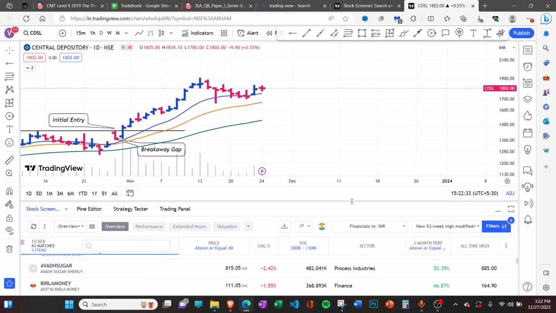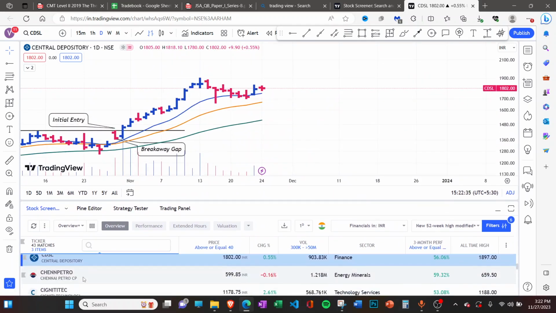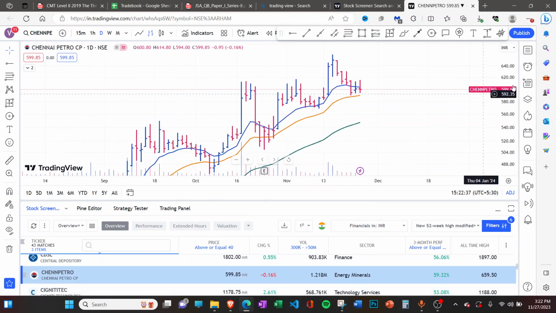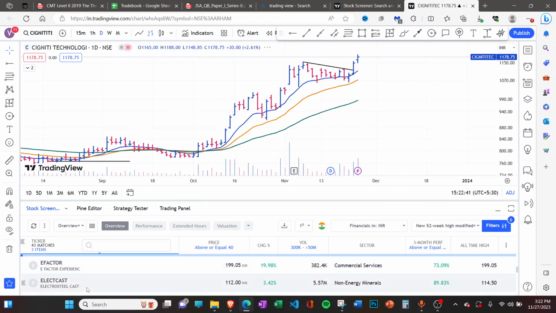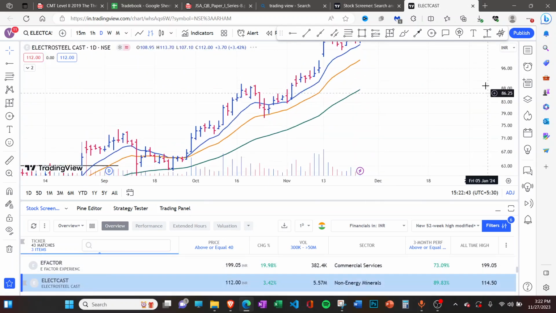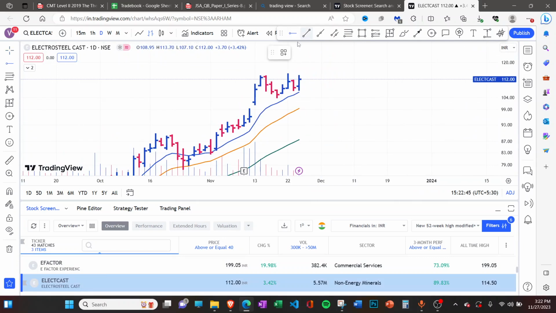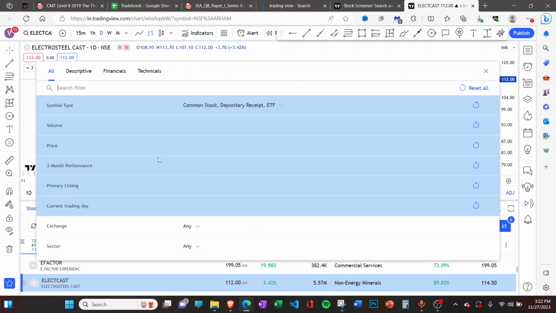And if you look at the other names as well, you look at Chennai Petroleum, again, taking support at the 21-day moving average. Cyient, again, it is coming. You look at Electrosteel Castings, see, again, a small flag formation happening here, right? So it is very useful when you get these momentum stocks,